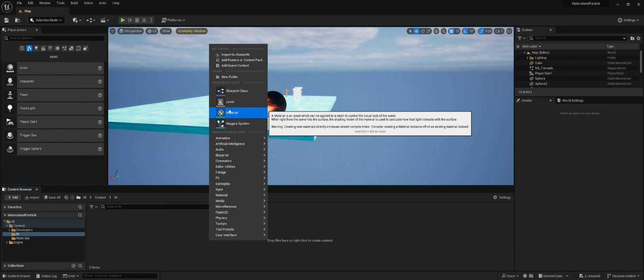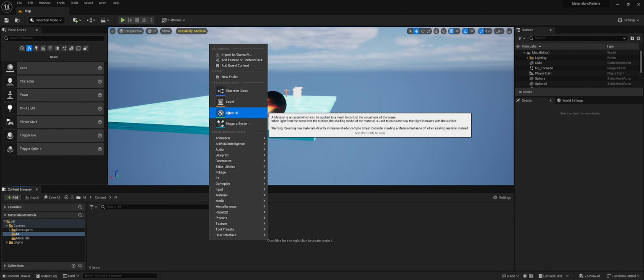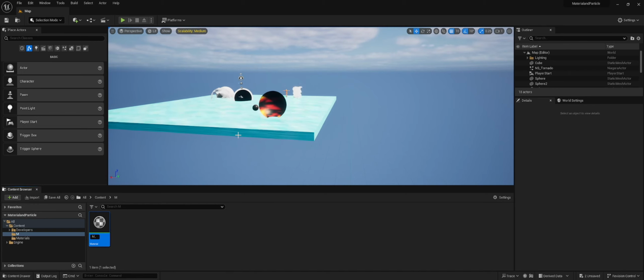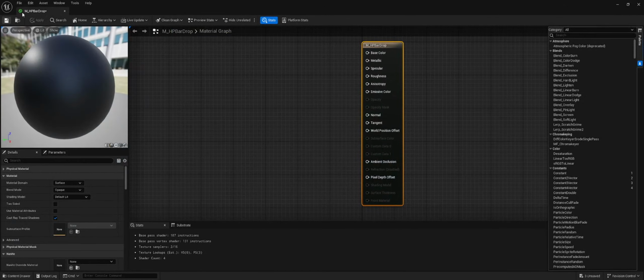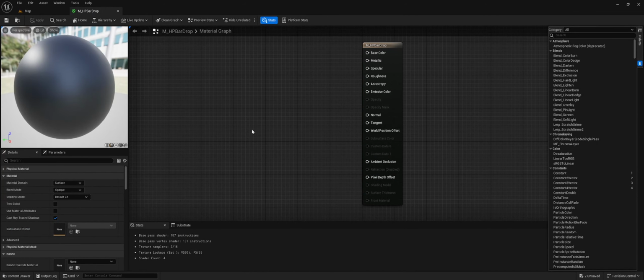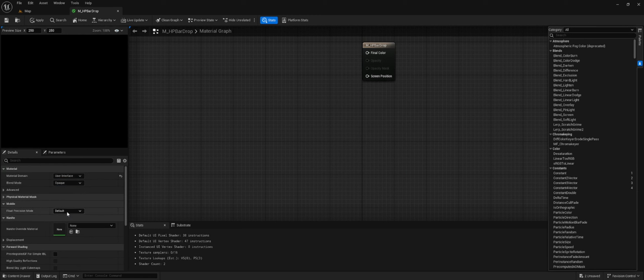Go to your Unreal Engine. I'm using Unreal Engine 5.3. Make a material. I'm gonna call it material underscore health bar and HP bar drop or something. It doesn't really matter what you call it. Then at the details, we're gonna set our material domain to user interface, and we're also gonna make it